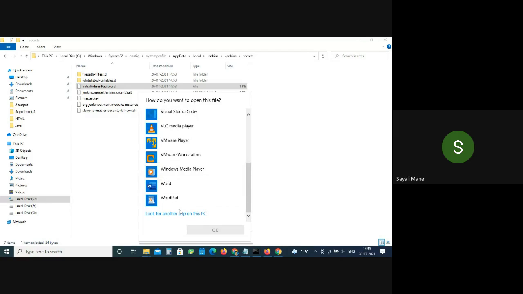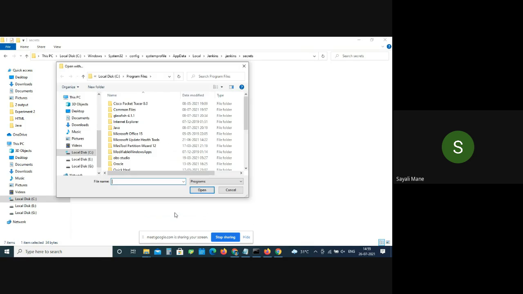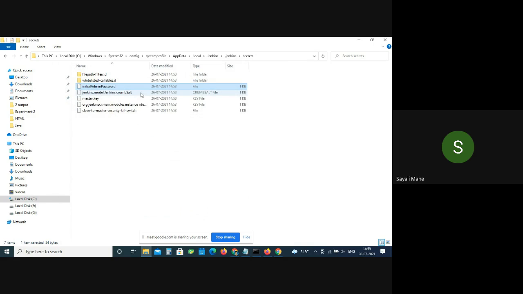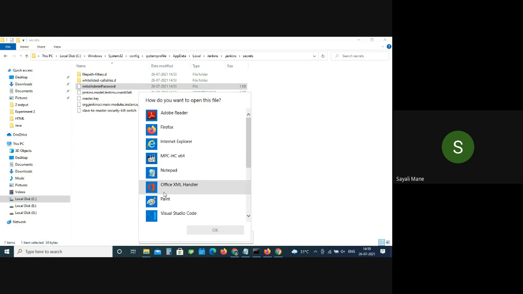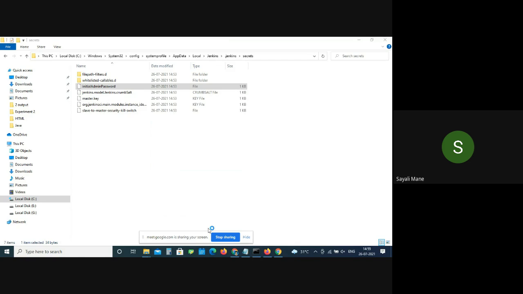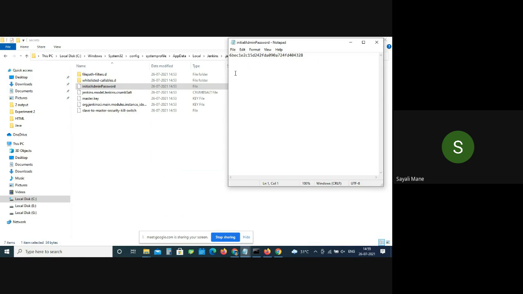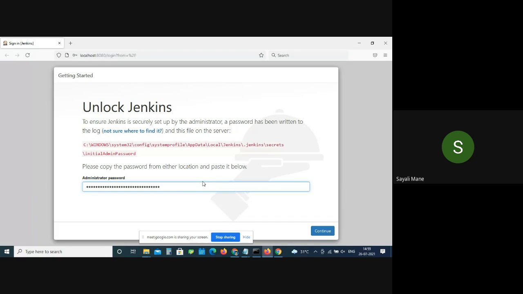Open with Notepad or WordPad, whatever it is. Notepad, okay, fine. Now copy the whole thing and paste it in your administrator password and then click on the continue. Understood?